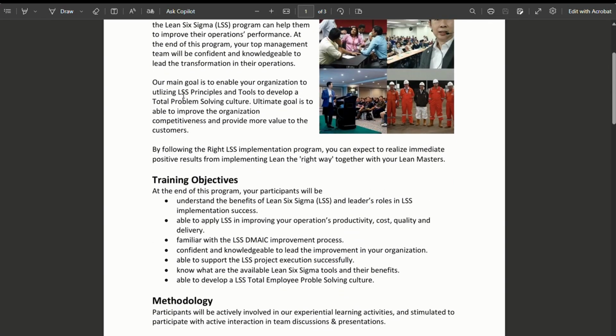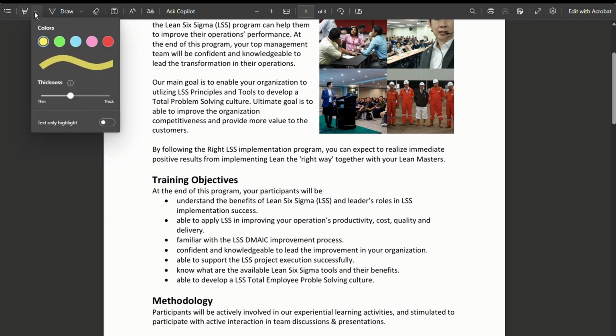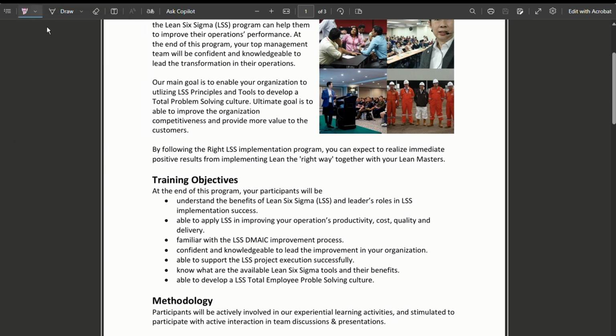And you don't need to go to any website or use any plugin or tools. You can see that you have all this right over here. So first, let me go through it. If you want to edit or highlight, let's say if your guy sends you documents that you want to review, you can choose which color you want. If you want pink, I can click here, select here, and I can highlight